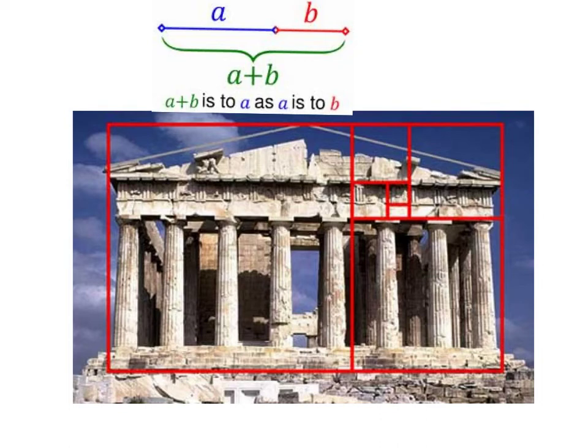Here's a picture of the Parthenon. The Greeks noticed this golden ratio in nature and decided to utilize it in their architecture. So if you notice, you have the length of the Parthenon that goes across like this. And then if you were to take that length and divide it by the golden ratio, you can see that if I bring